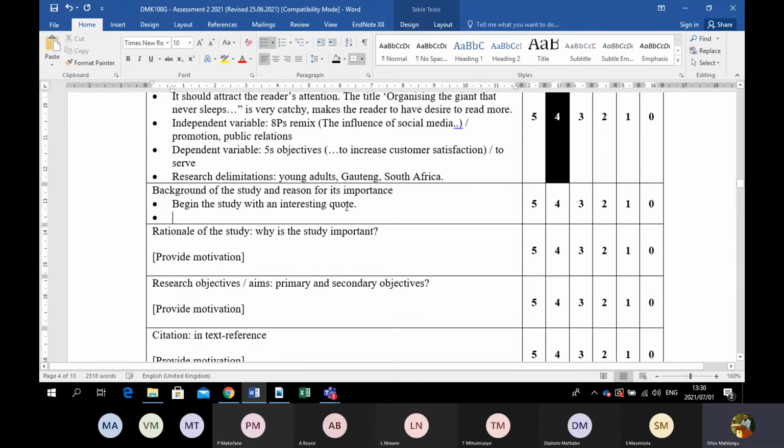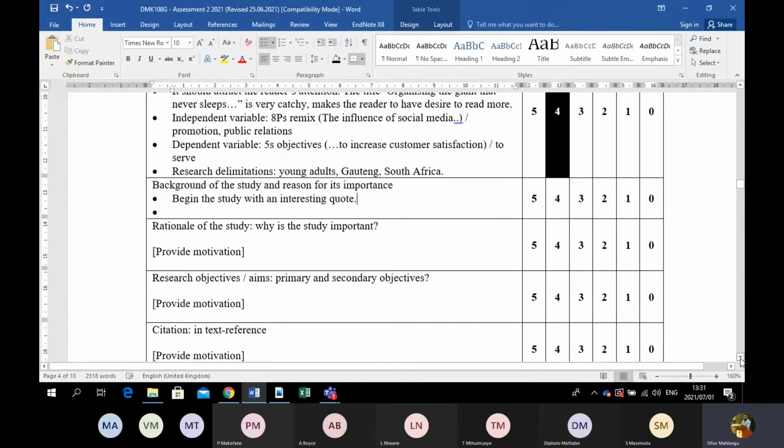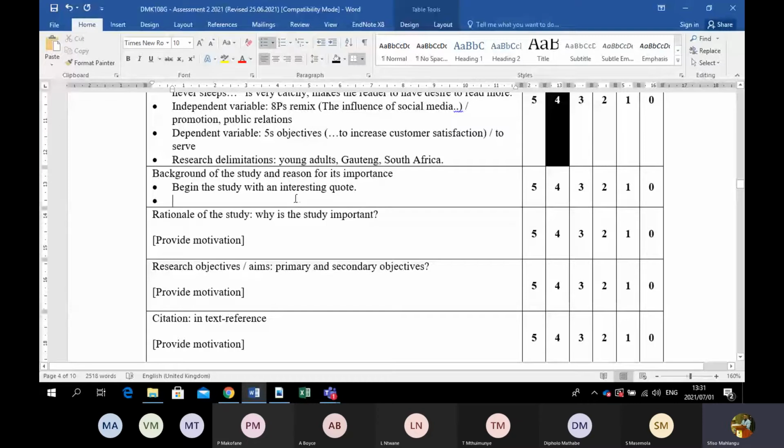You will see some of these things, they are in those guidelines. So once you have read those guidelines, you then indicate as well if they did that or they did not do that. Under background, it is suggested